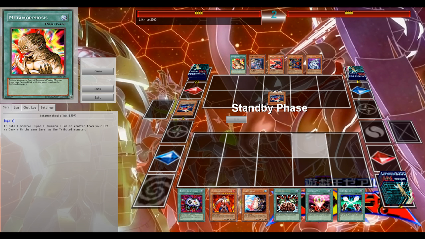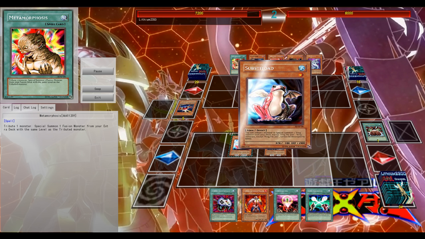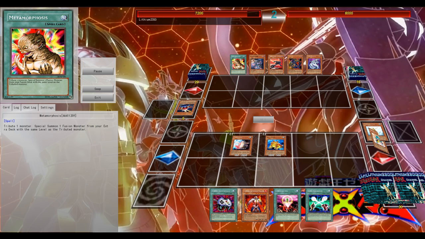and go for Destiny Draw and so on. So Troop is going to set up his grave. I don't think he mills something too important. I Brain Control his card Trooper here. I could have milled 3 cards, but as said, I think it's more important to go for the Dupe Frog